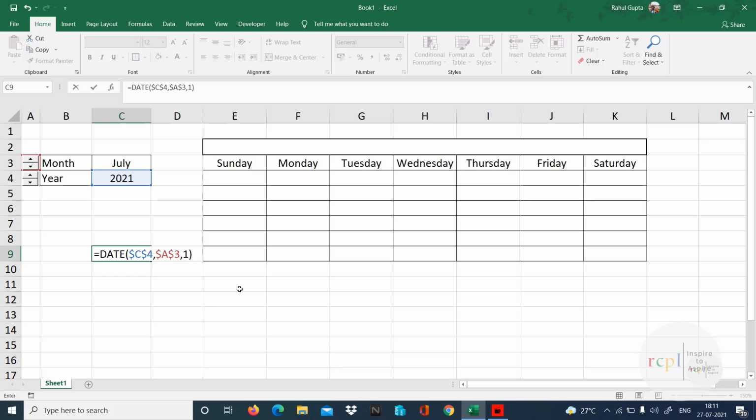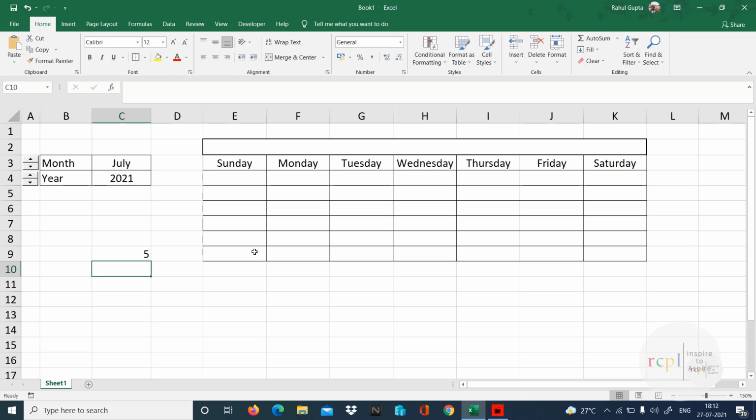Year, month and day. Now I need to know the weekday of this. On what weekday it starts from. So since my week over here starts from Sunday, I don't need to write any number at the return type. But if it was Monday, we have to write something. So return type we don't need to give because default is there Sunday.